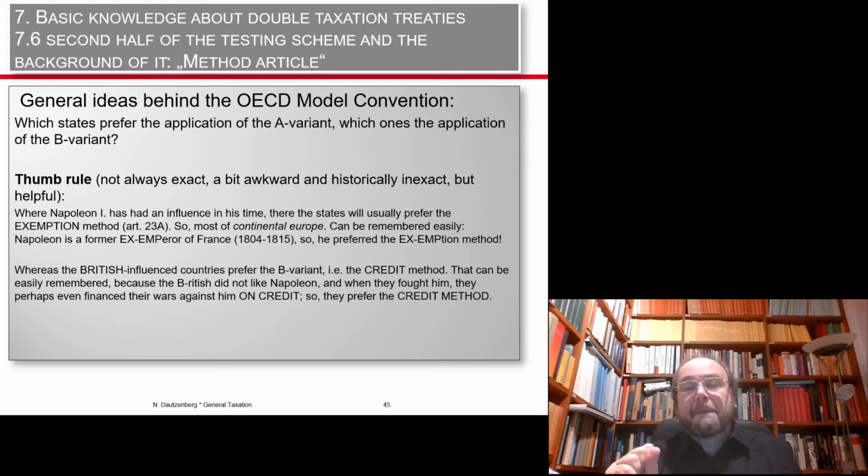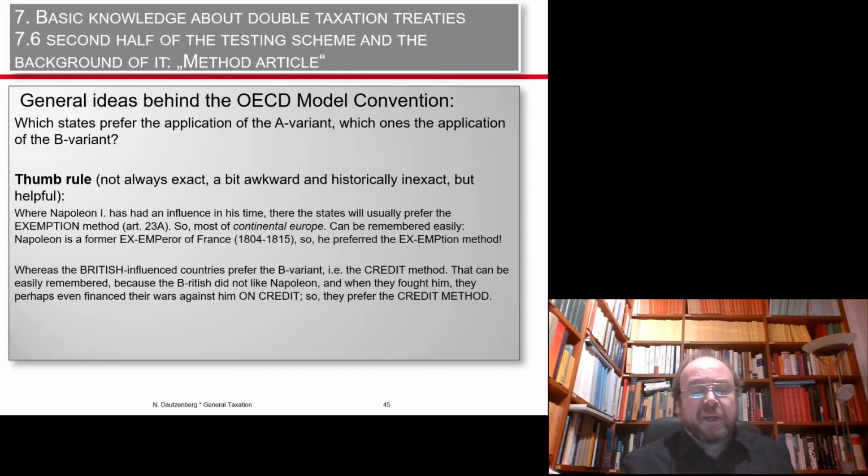Well, it is the exemption method, and Napoleon is an ex-emperor of France. So you can connect exemption and ex-emperor of France. So where Napoleon has been: France, Spain, Luxembourg, Belgium, Netherlands, Germany, and Poland, the tendency will be the exemption